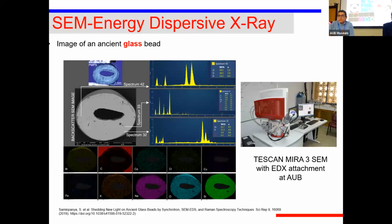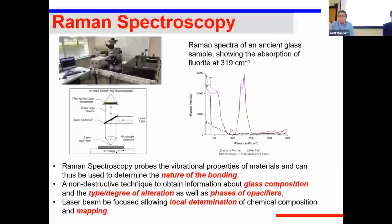So this is, I guess, the main instrument that we will be using for these analyses. And we've also discussed with Thilo that there is a significant amount of sample preparation and expertise that we need to develop to make sure that we use these instruments to their maximum potential. Additionally, perhaps these are not as common in our applications as the scanning electron microscope and the EDX attachment is